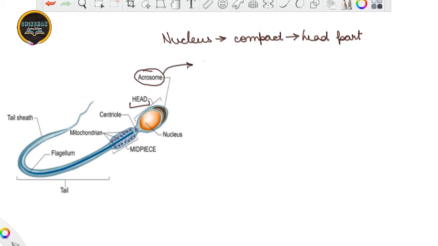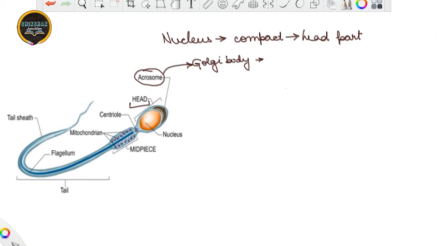Now what actually forms the acrosome? So this acrosome is formed from the Golgi body. And this acrosome is a very important part of the nucleus. Why? Because it helps in the penetration of the ovum during the fertilization, in fact. Okay, this acrosome, how is it possible? See, first of all, this acrosome is just like the cap of our nucleus, or in front of the nucleus it forms the cap-like structure. Now why is it important?